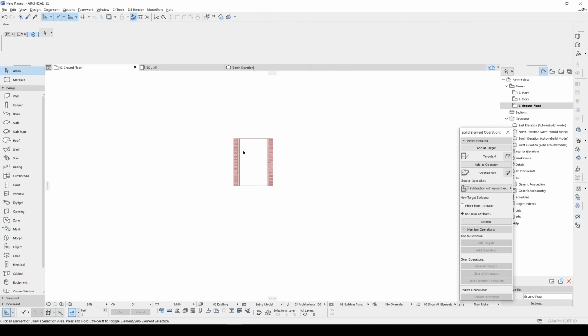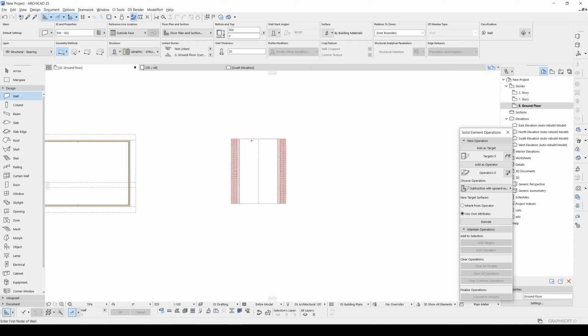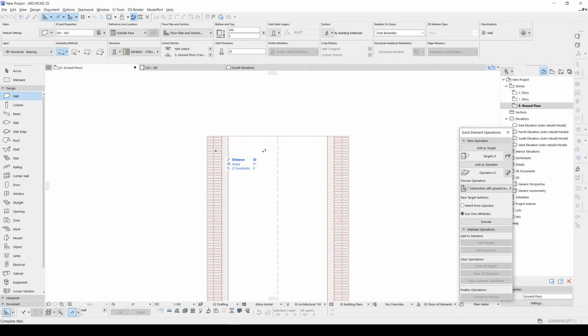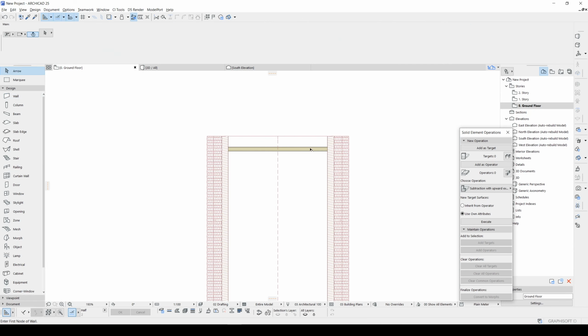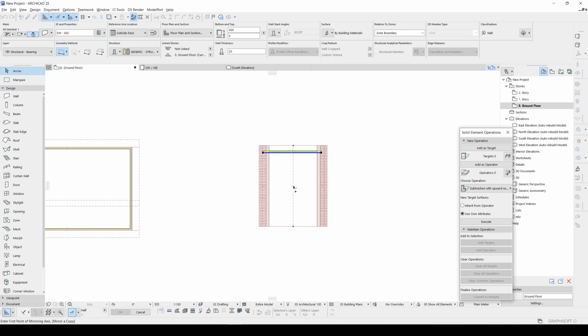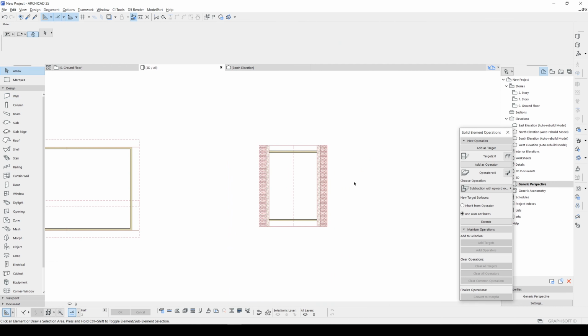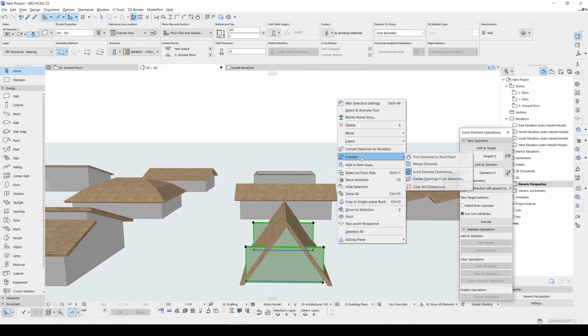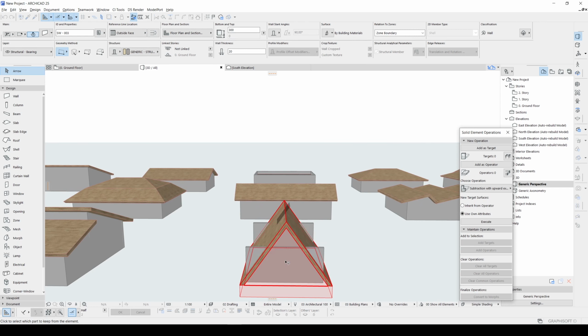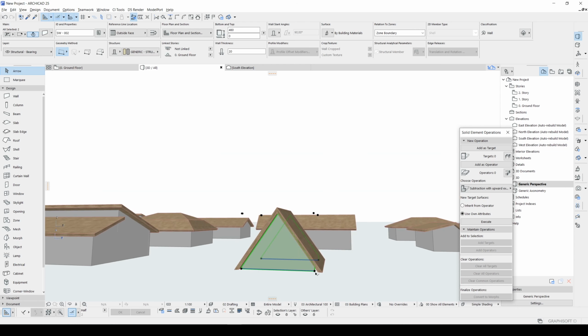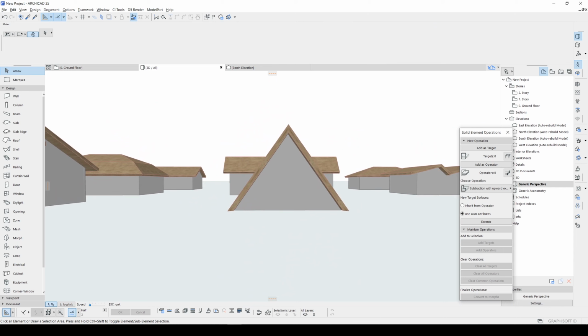And from the ground floor, we will create some walls inside of it. And once we achieve it, we will trim from the roof. This is not looking flat.